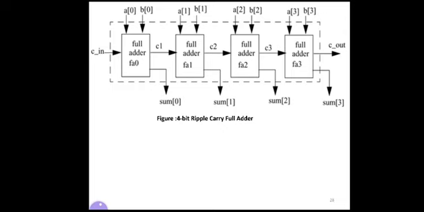Now we have to write a Verilog description for this block diagram, that is the 4-bit full adder. Observe here, there are no gates. It is a user defined block. Full adder is a user defined block. Now, how do we write the Verilog description for this kind of circuit diagram using gate level modeling?